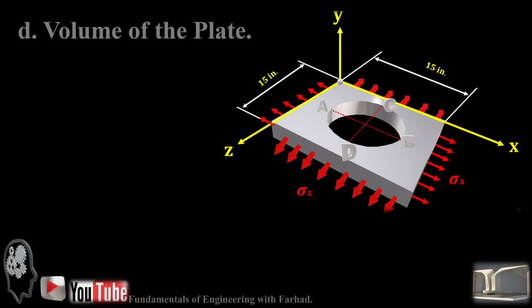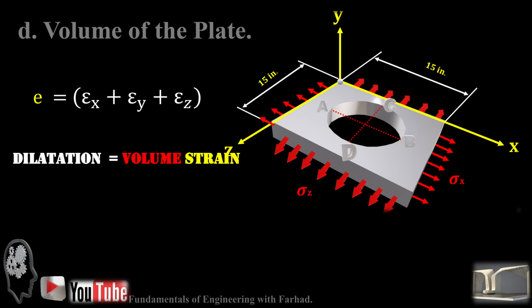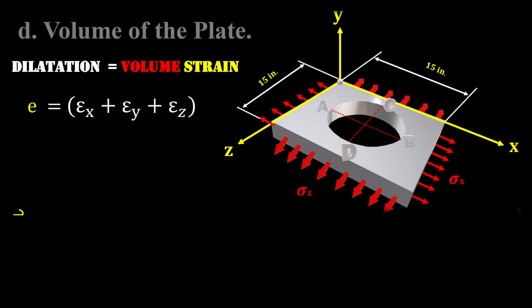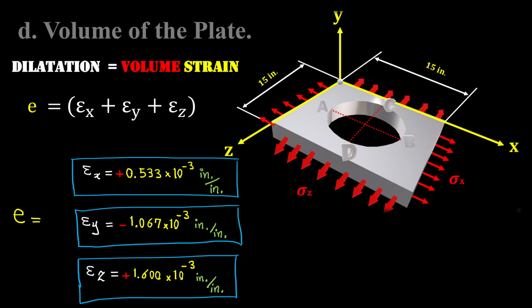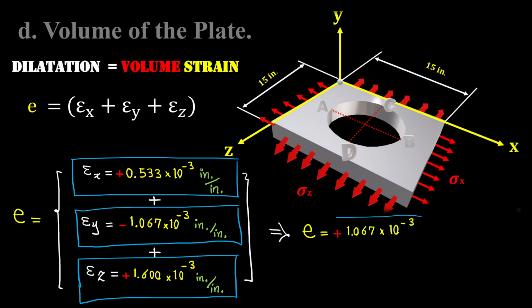And finally, in part D, the volume of the plate: e is equal to epsilon x plus epsilon y plus epsilon z, and we call that the dilatation or volume strain, which is the summation of all components of strain in x, y, z in all 3D space, and e is equal to delta V over V. So if we want to calculate delta V, that's e times V, and if we just add up these three components together, that gives us the volume strain, and that's equal to